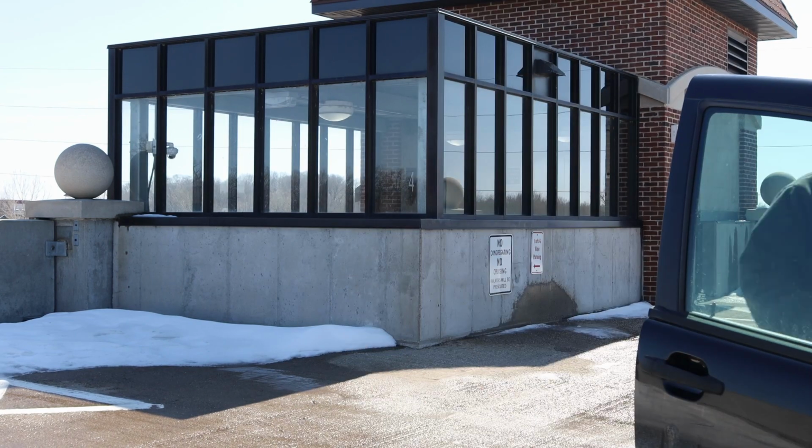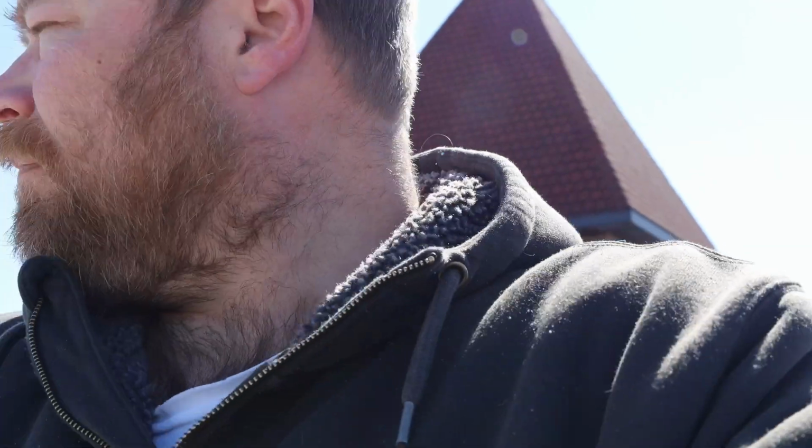Sorry about my camera. I got the wrong lens on here. Wasn't expecting that. Let me see if I can do something here. All right, that should be better, except I'm walking into my car. Okay, so I got